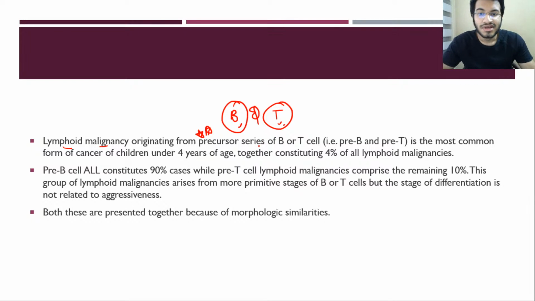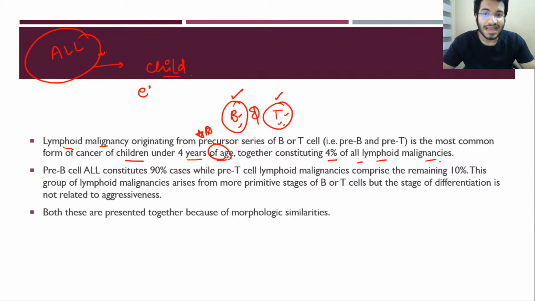The lymphoid malignancy originates from these two precursors, B cell or T cell precursors. This is the most common form of cancer in children under 4 years of age, together constituting 4% of all the lymphoid malignancies. And ALL is the most common type of leukemia that you can find in a child or in an elder